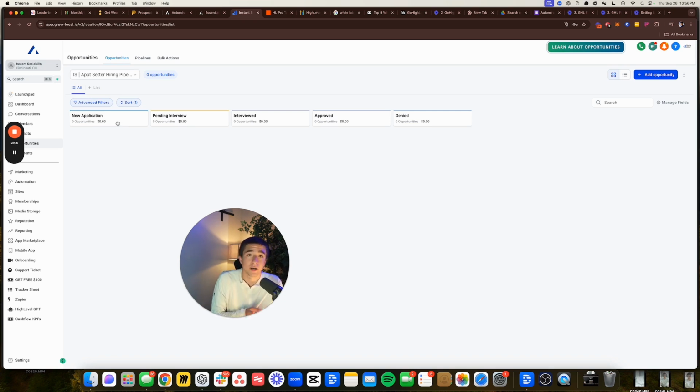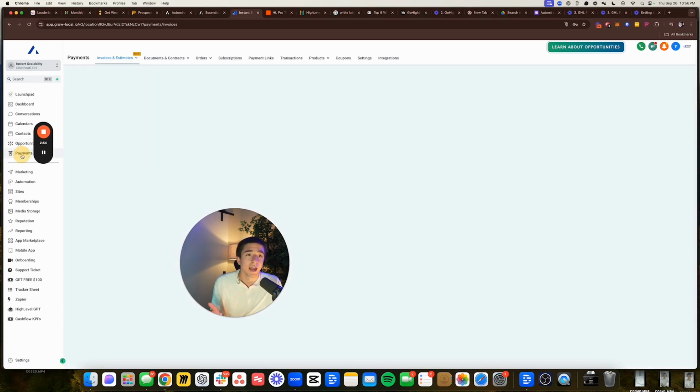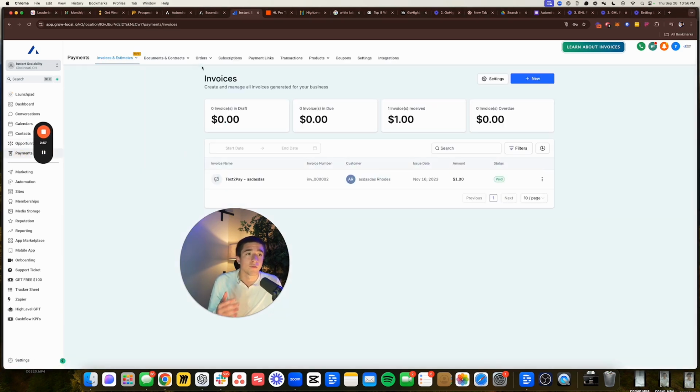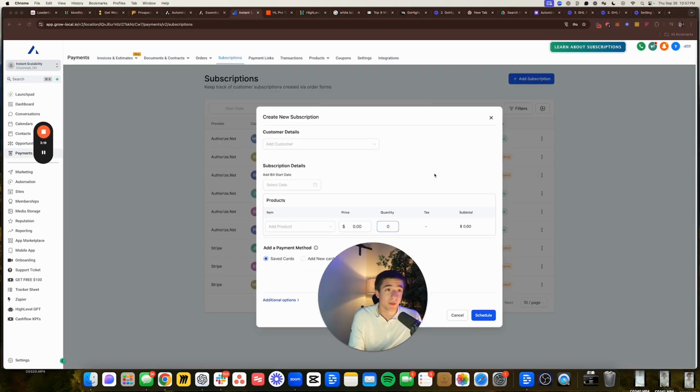So we can separate our leads and people that are coming in, our contacts, into different stages, and we can automate what happens at each stage, etc. So really cool pipeline tool as well. And we have our payments where we can do invoices, documents, literally to speed run this and set this up